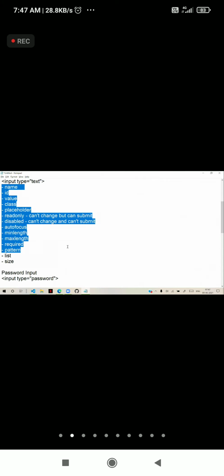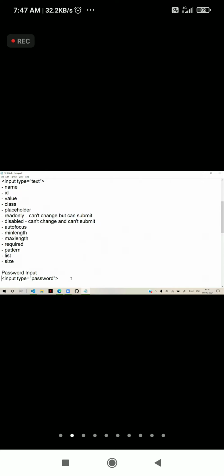What is special about password input is that it is a string masked with asterisk. That means it will not show what is typed. Every character will be shown as an asterisk only. But in the background, those characters are submitted. That is password input. The rest of the attributes are the same.